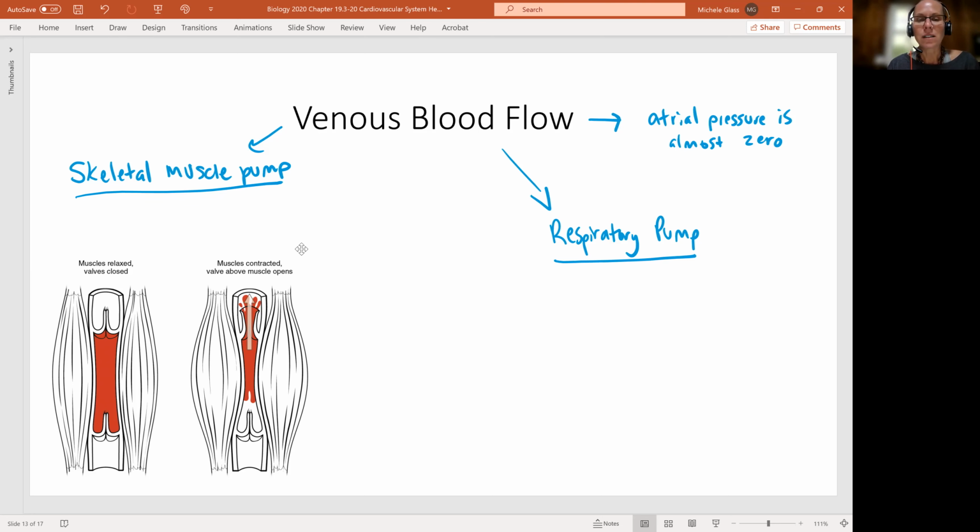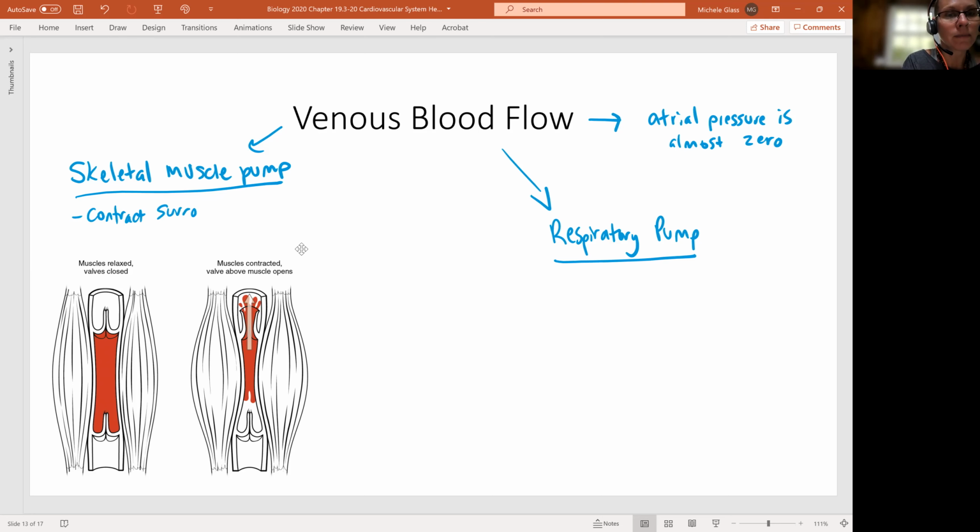Our textbook talks about soldiers are trained when they're standing at attention to do little micro contractions of the muscle in their leg in order to keep that blood flowing so that it's not collecting in their lower extremities. So the skeletal muscle pump is when you contract